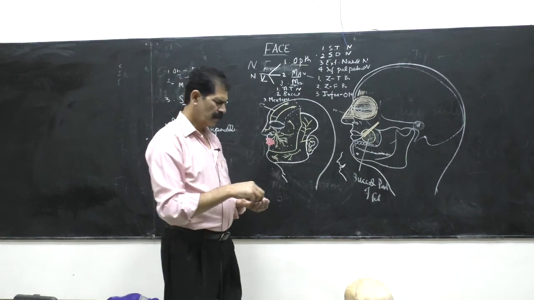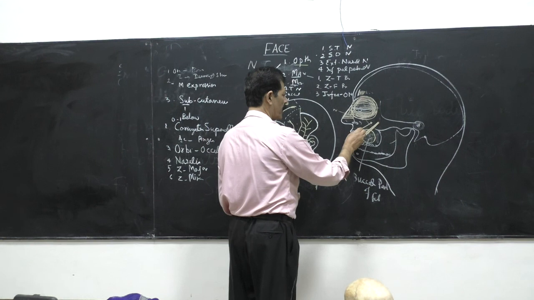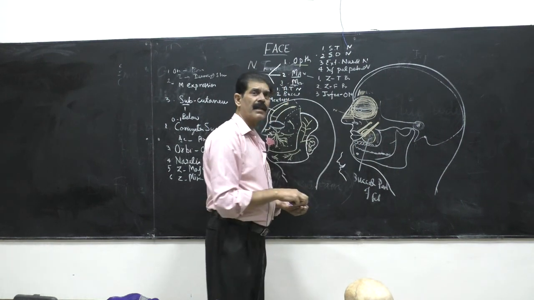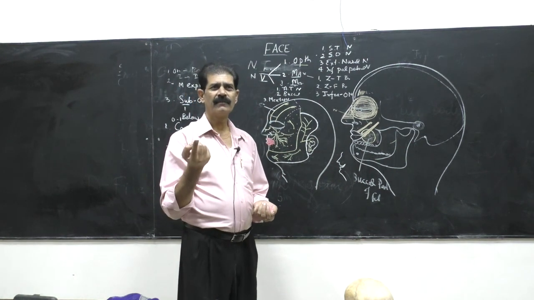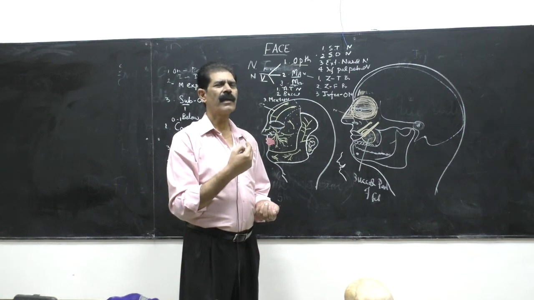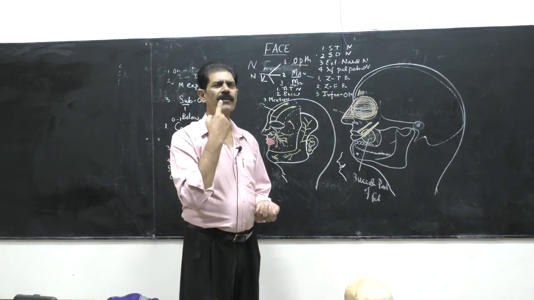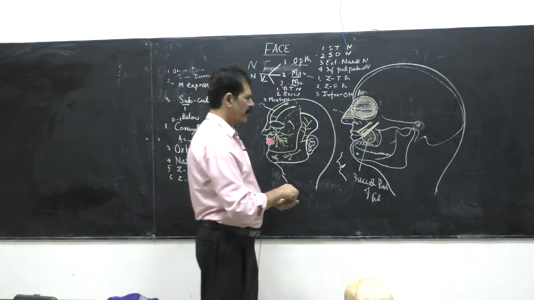Anybody asks you to make a laughing face, how do you make it? Upward. Another muscle takes origin from the zygomatic bone and is inserted on the upper lip, in the middle of it. This is the zygomaticus minor. It is a smaller muscle. What is the action? Smiling. Minor is called the smiling muscle, major is called the laughing muscle. When you smile, there is a slight raising of your upper lip. That is the minor.